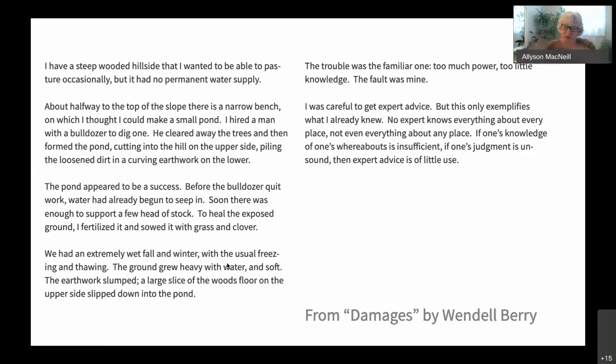I pictured a wooded hillside, a round pond, the hillside falling into the pond, and images flowed with the story. But when I was reading it, I was much more aware of the text on the screen, the black and white. It wasn't as vibrant for me, and I didn't create those same pictures.